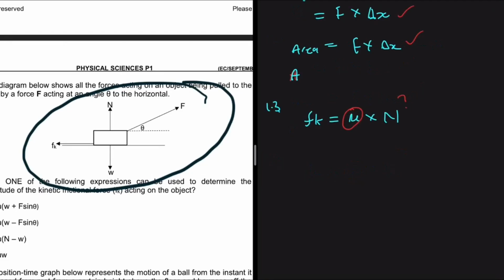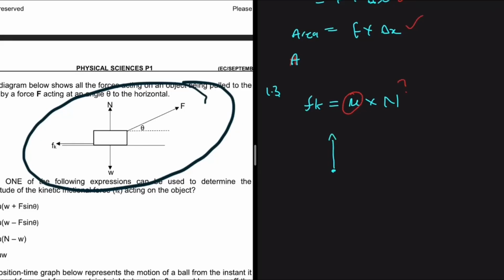So let's have a free body diagram of all the forces acting on the vertical axis so that we can determine the normal force. So which forces are acting? We know that the normal force is pointing up, and then we know that the weight is going down, right? But then not only is the normal force acting up, there is a force F that is acting at an angle, right? But then, for us, we can resolve this force F and find the vertical component and the X component. So we're going to have the X component going like that, and then the vertical component going up,